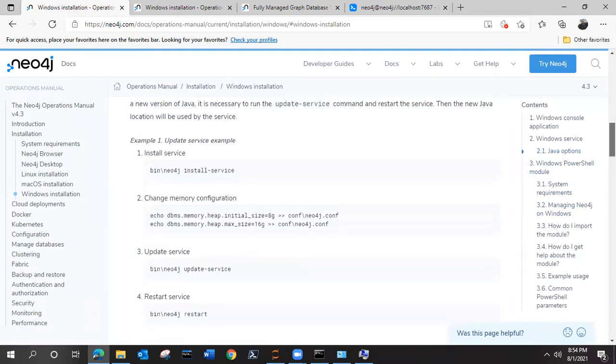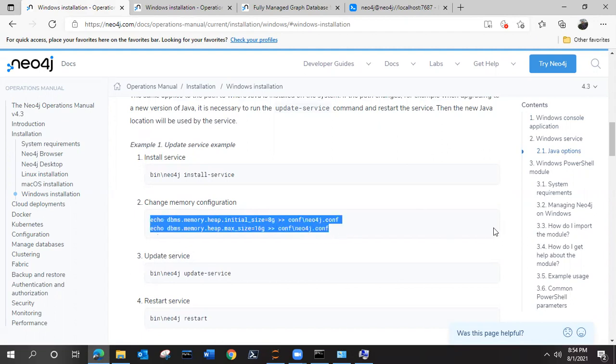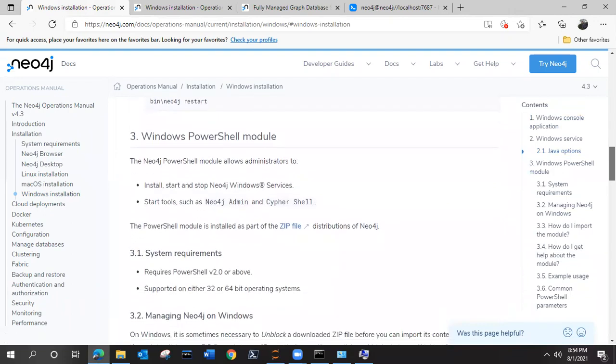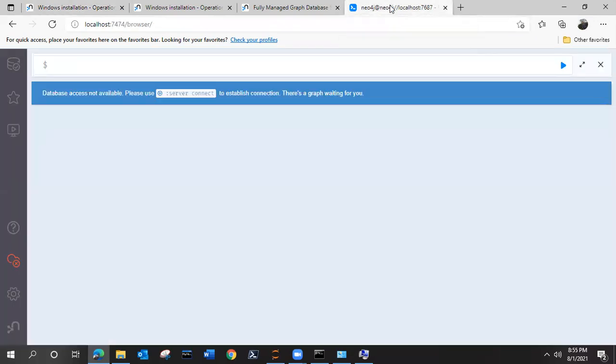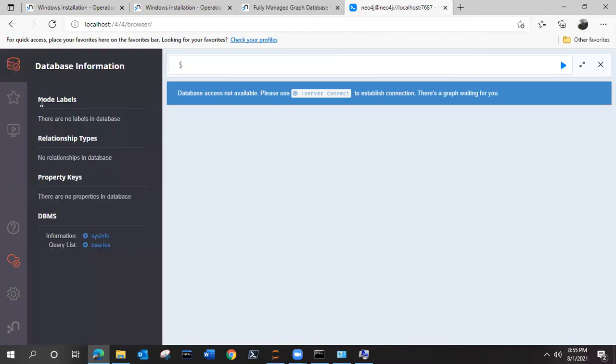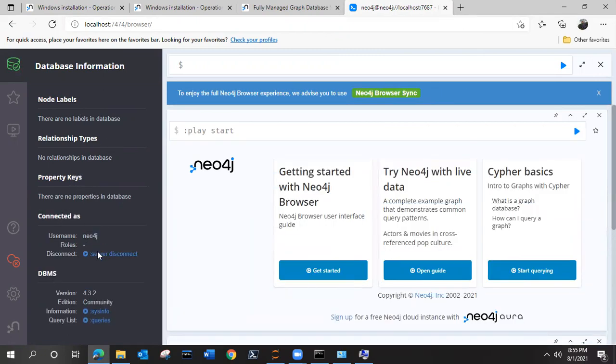You can see some of the configurations here, which are not required if you are using Neo4j for learning purposes. There is no need to change this configuration as of now. Later on, whenever we require it, we will do all the system setups and then proceed further. Just quickly come to this Neo4j section. As you can see, this is the graph database, and currently there are no nodes, no relationships, no property keys, nothing available here.